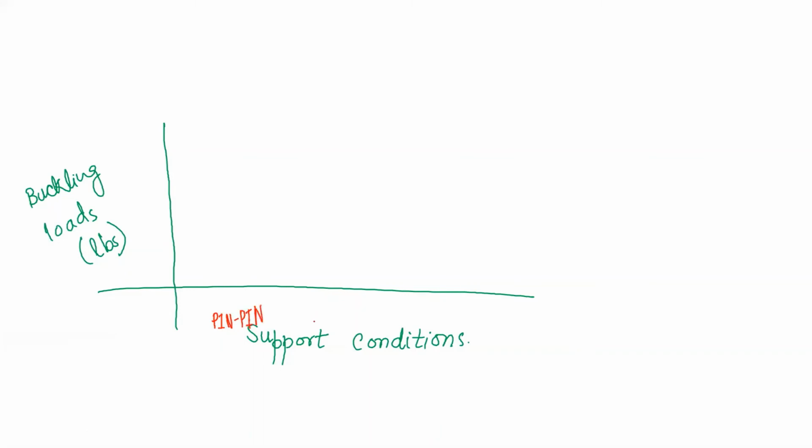Then let me change the portion, and you have to write down pin fix. Then you have the fixed pin condition. All the 4 conditions you have to write down in the column, and then write down the observed buckling loads, so there will be 2 histograms for each condition, whatever the values come.